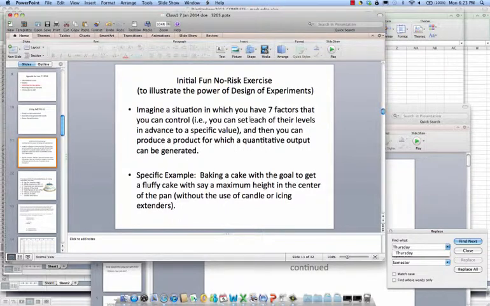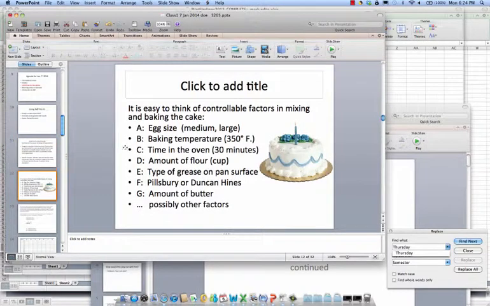We can set each factor at a level in advance, and then for each of those levels, we produce a product for which we can take a measurement on the quantitative aspect of that product. So to make it specific, imagine we're going to bake a cake, and our goal is to get a fluffy cake, say, that has a maximum height in the center of the pan. That means just the cake itself. So here are 7 possible factors: size of the egg, baking temperature, time in the oven, say